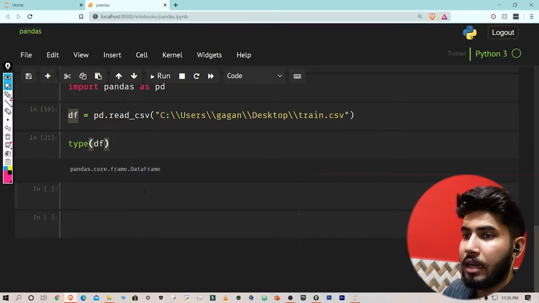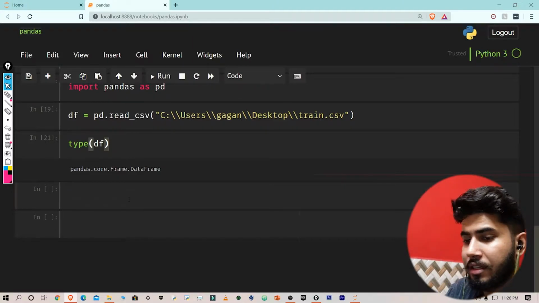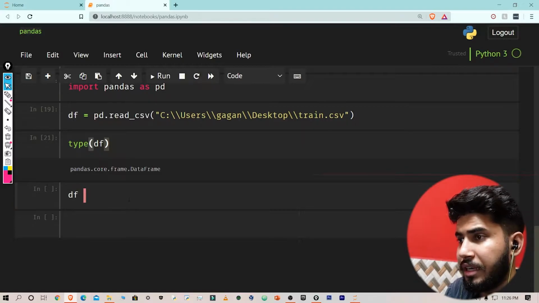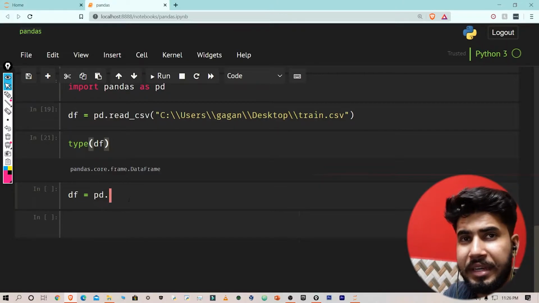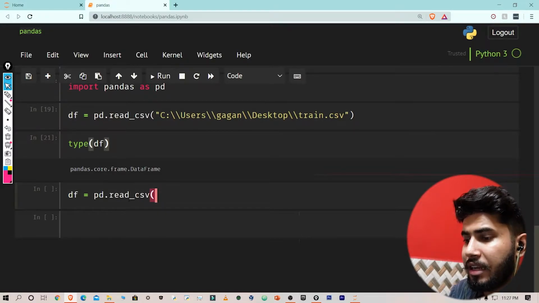Okay, so let's move on towards the Excel file. This was easy. Or before the Excel file, let's read the textual file. So df is equal to pd dot, and for a textual file it is not read_txt, it is still read_csv.